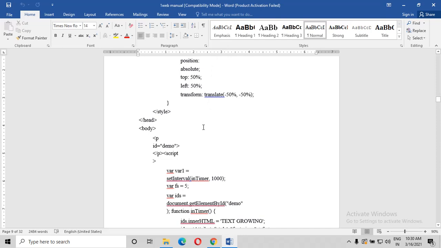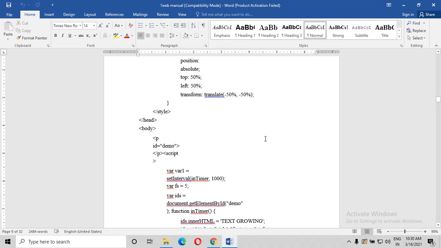What is this transform? Transform, translate, minus 50 percent, and minus 50 you have given, right? A transform is an effect that gives an element a change. Here the text is acting as an element. So the transform is an effect that changes the shape, or you can say the size or the position.